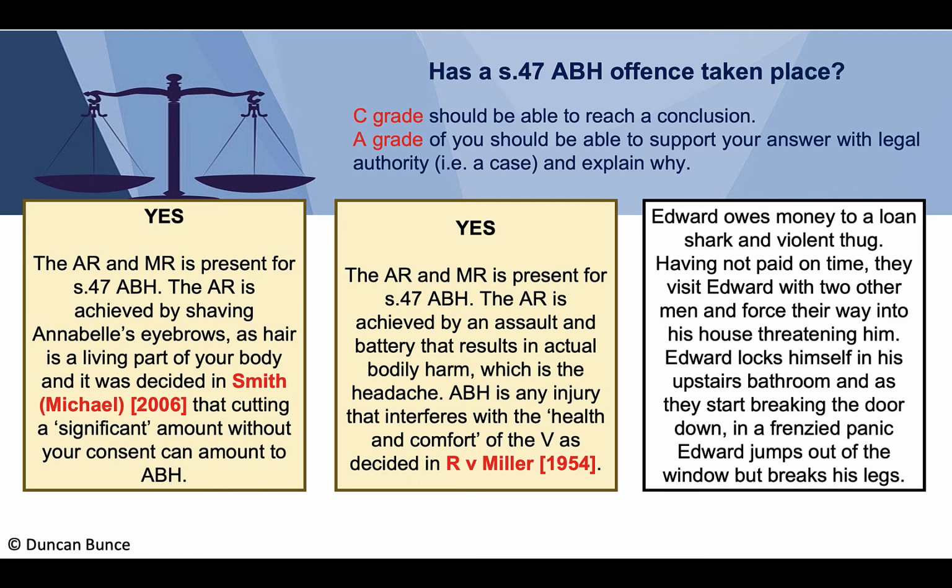Edward owes money to a loan shark and violent thug. Having not paid on time, they visit Edward with two other men and force their way into his house, threatening him. Edward locks himself in his upstairs bathroom, and as they start breaking the door down, in a frenzied panic, Edward jumps out of the window but breaks his legs. Now, you've probably stepped ahead of me on this, and you're already thinking about the Chan-Fook